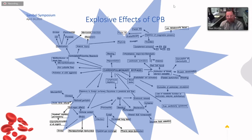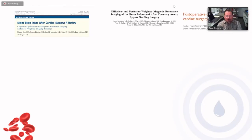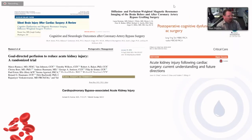So we start talking about information management and data management and those types of things, what we're looking at starts to become important. And then what do we do with it? And then we all know that really not a lot of great things happen during cardiac surgery. And all these things have a lot of different things, right? So cause and effect,